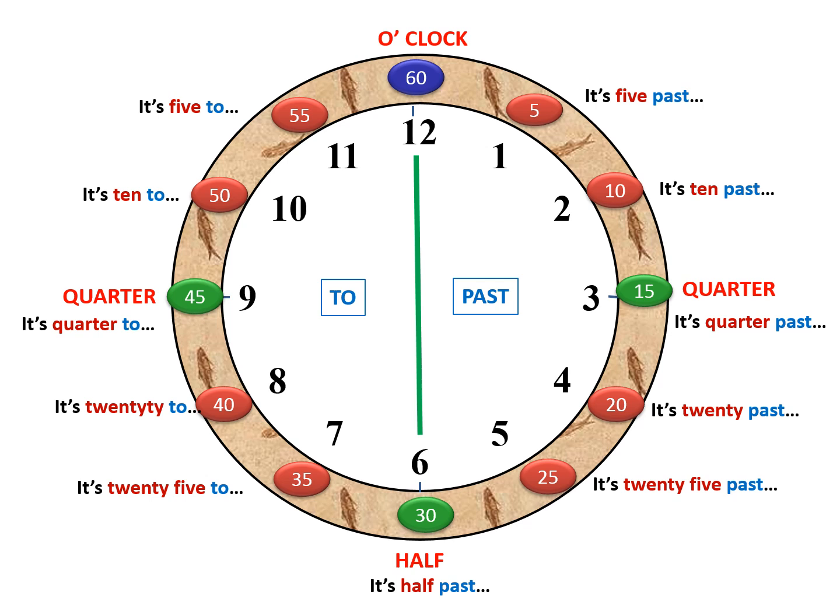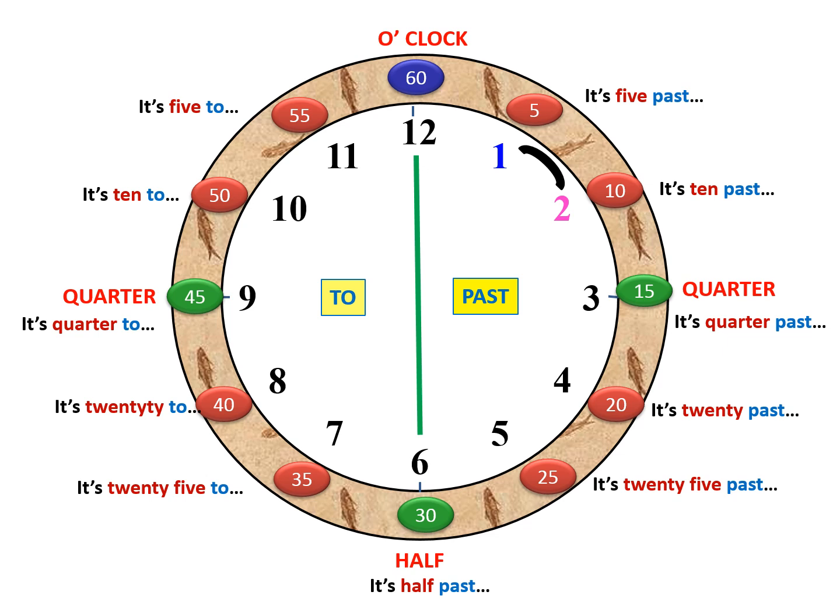Okay. Now rule number 3. When the word past is used, the former hour number is used to tell the time, but when we use the word to after the minutes, the later hour number is used. For example, if the hour hand is between 1 and 2 and we select the word past to tell the time, then we select 1 as the hour, but when we use to after the minutes, we select 2 as our hour. So that's all to learn to tell the time.